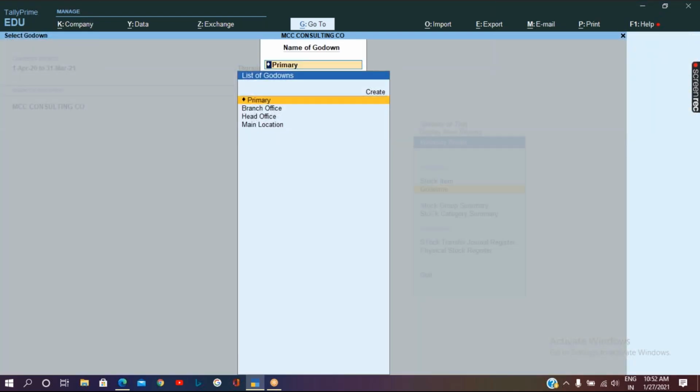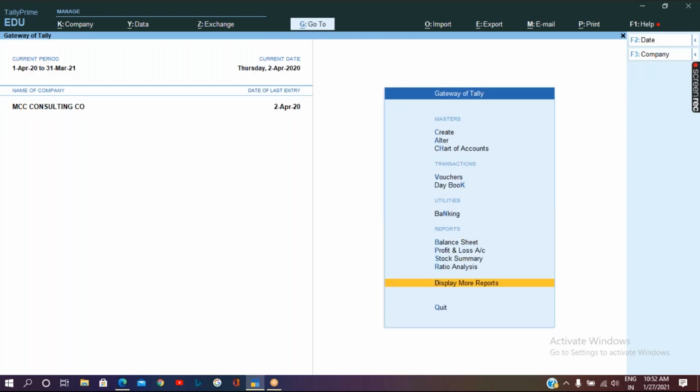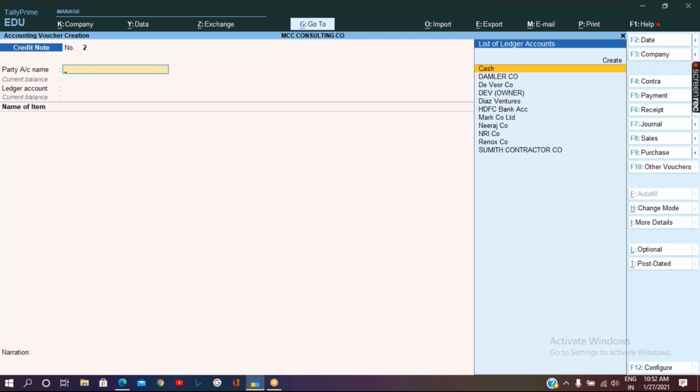Which voucher type should we pass? Please let me know. Guide me how to check it out, which voucher type.